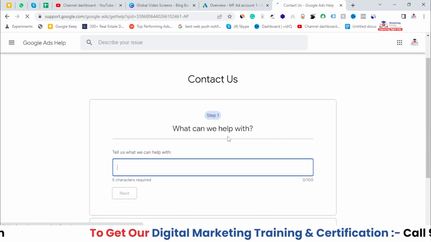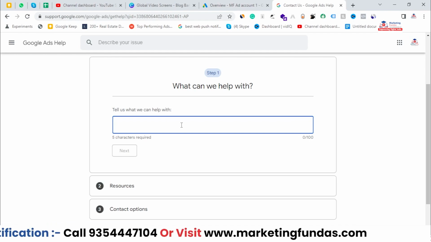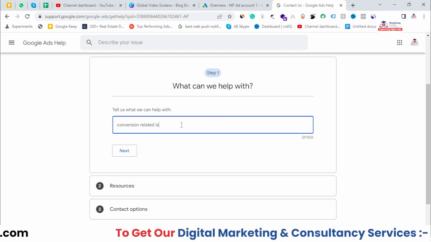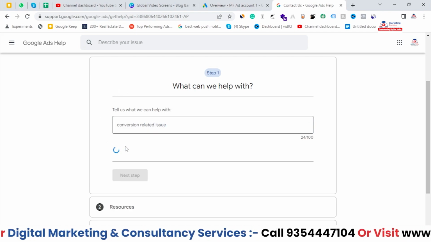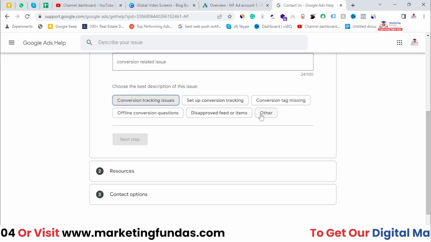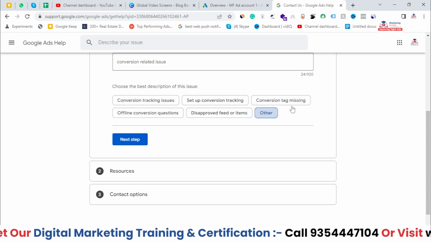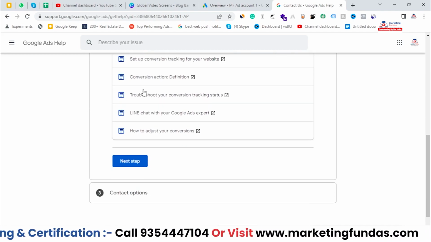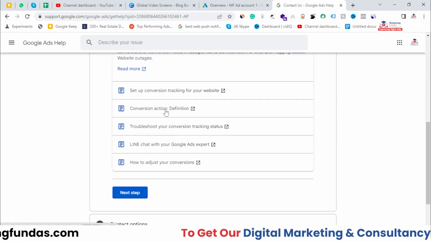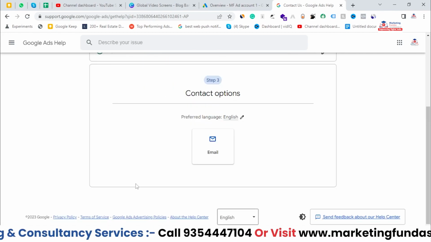Here you have to explain the issue, tell us what we can help with. So here you have to explain the issue you are facing. I'm writing conversion related issue, right? Hit the next button. Here these are basically the same options. Again I'm selecting other because my issue is not related to these options. Hit the next button. These are the resources; if these resources are helpful, you can take help from here as well, right? If these are not helpful, hit the next button and here also you'll be able to see